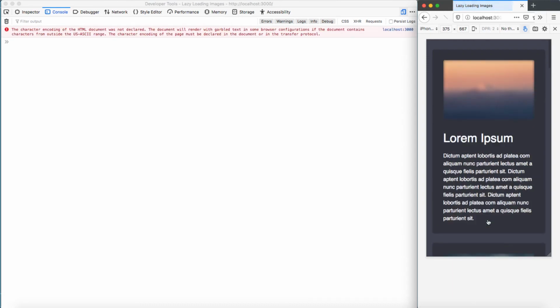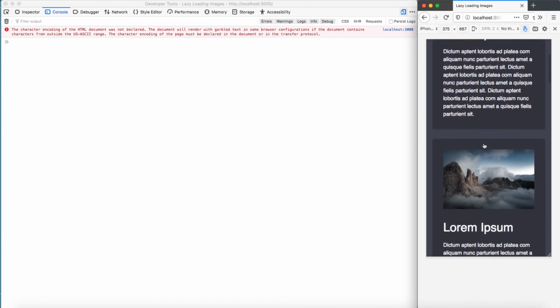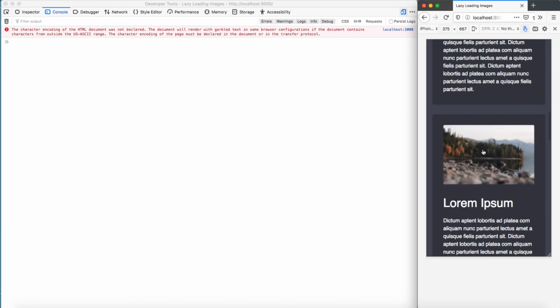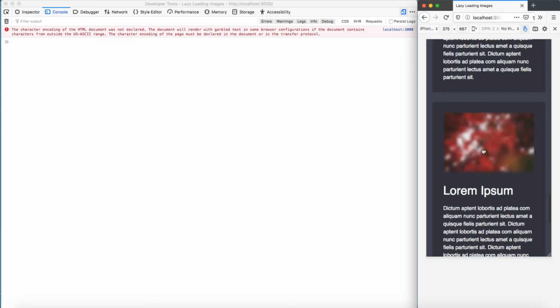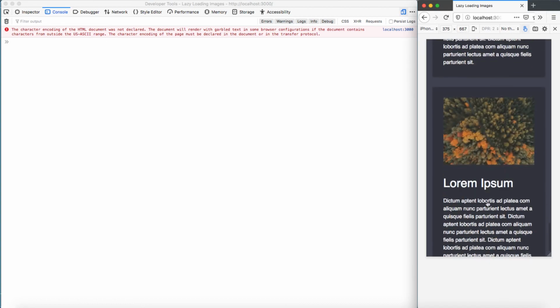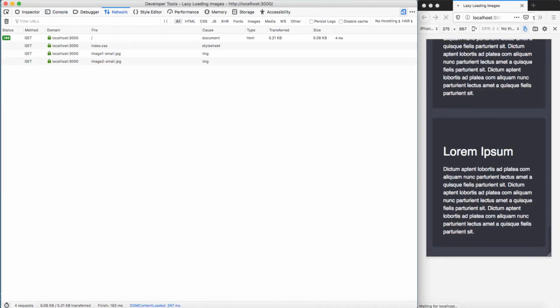If I reload the page again, we'll see a blurry image that gets swapped out with a non-blurry one. You can see this image right here is a little bit blurry, or it may be hard to see that, but it is. And there we go. Actually, if we head back over to our Network tab,